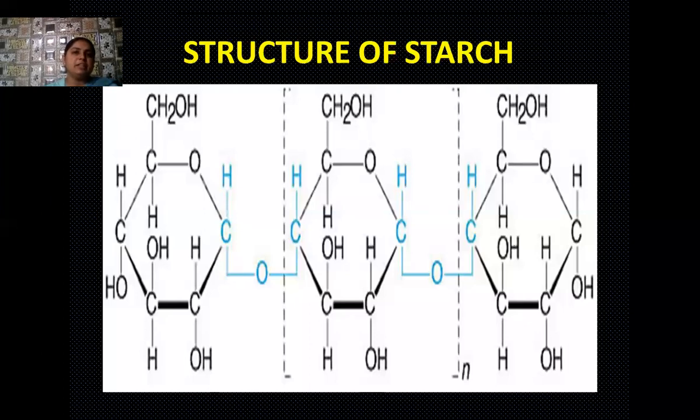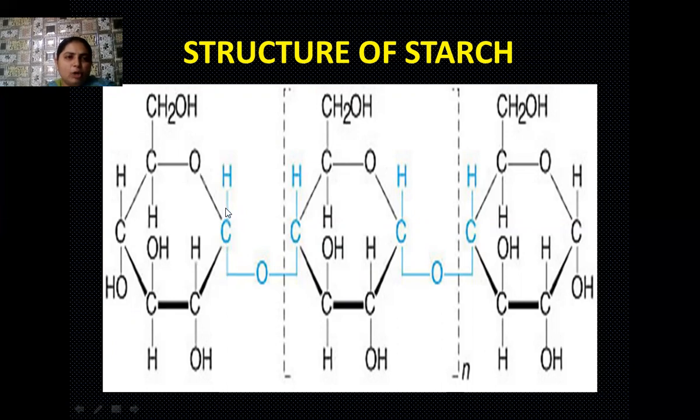Yes, students, here the structure of starch is visible to you. So you can easily see the formation of the glycosidic bond here. See the adjacent heterocyclic rings of the monomeric units and the adjacent carbon atoms. Always on one carbon atom there is one H group present, and on the other side an OH group is present. Similarly, the condition is the same for the other carbon atom. One H is there and one OH group is there.